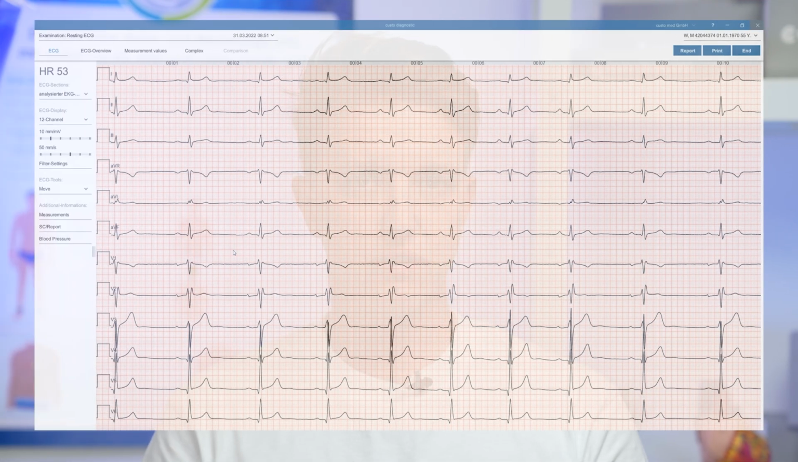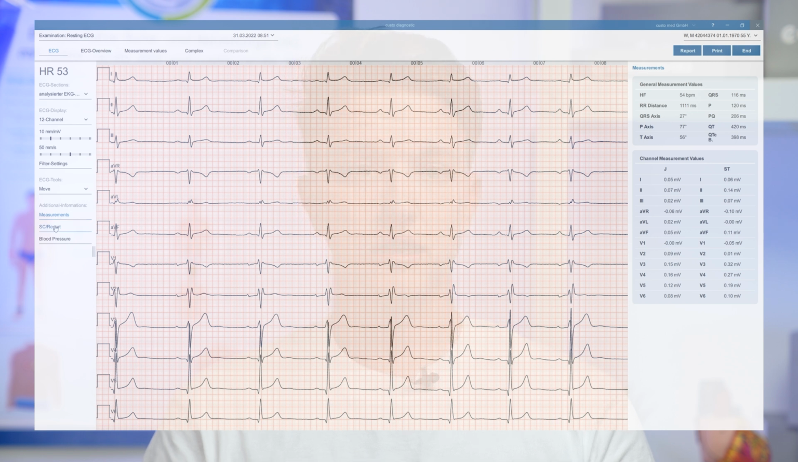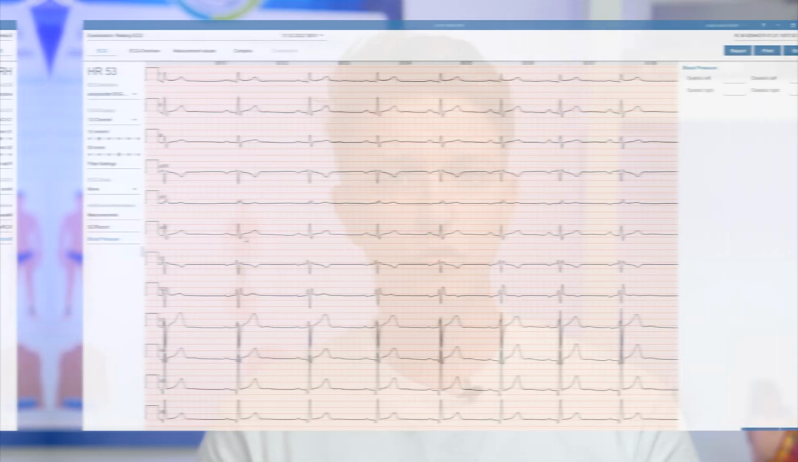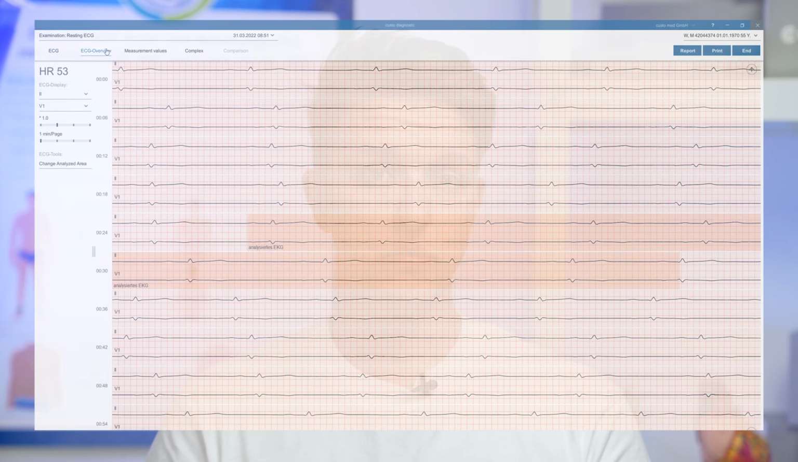The additional information that was hidden in context menus or right-click functions is now displayed at the bottom left, and you can just click it with a left click and the report or some complexes will be shown on the right-hand side. If we move over one tab to ECG Overview, you will, as you are used to it, see